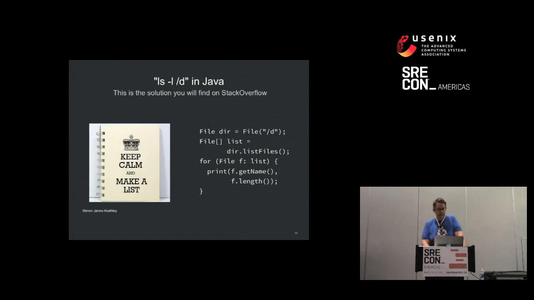So let's look at Java. This is the canonical way of listing a directory in the Java API. It's the only method available prior to Java 8. And what this does is,